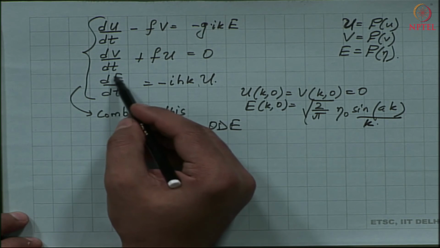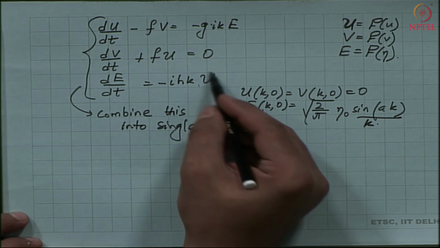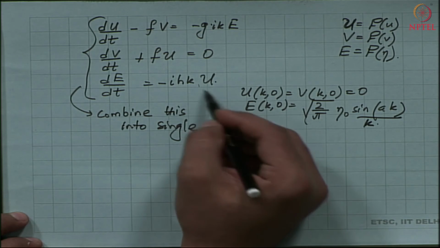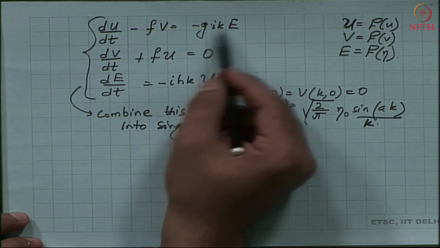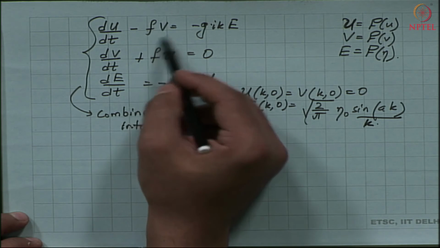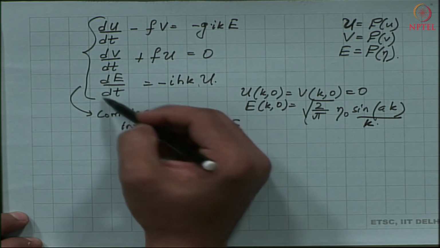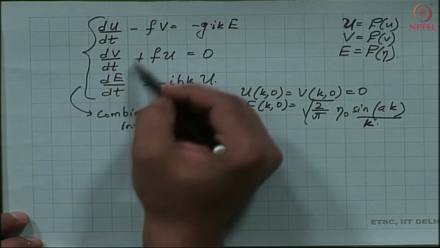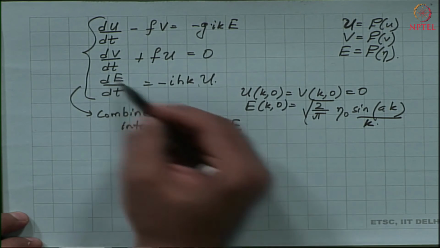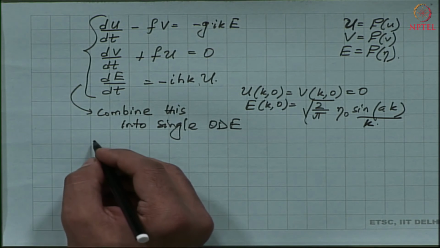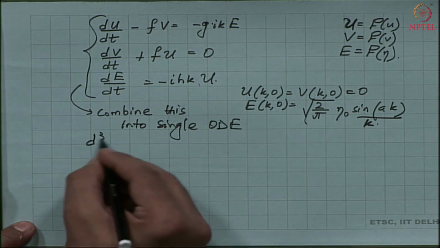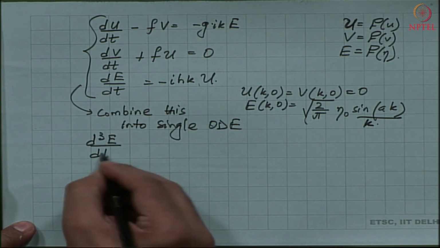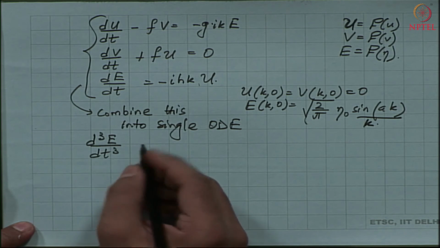So, d²E/dt² will give me a function with respect to du/dt, and du/dt could be substituted from this first equation, but it will still be in terms of v. So, we need to take another derivative of E to give me dv/dt, and that is how we eliminate and come up with a single equation for E, which is given by the following: